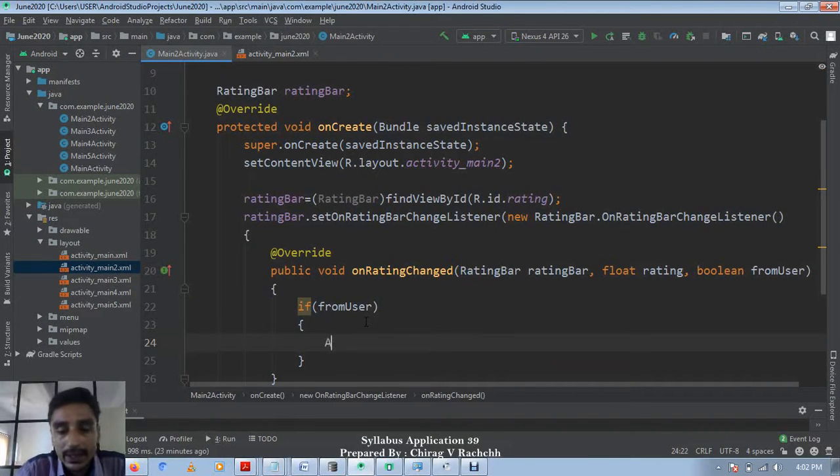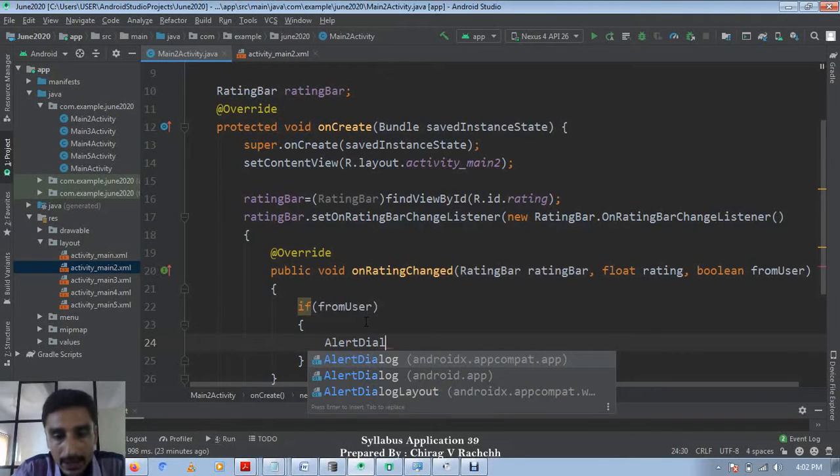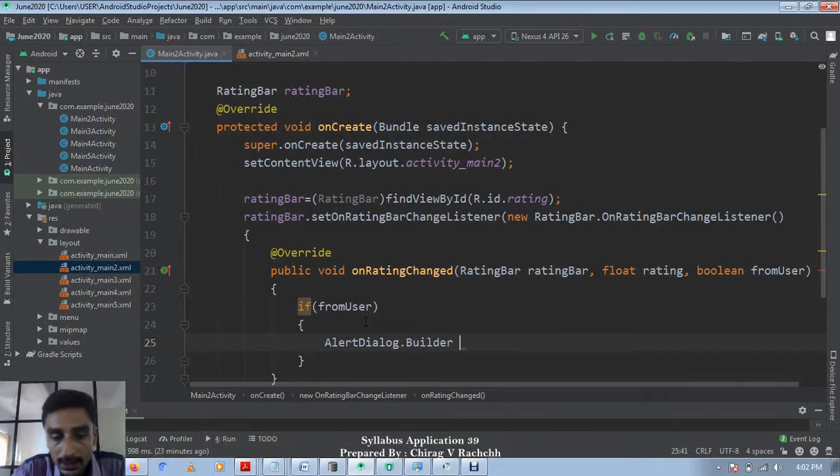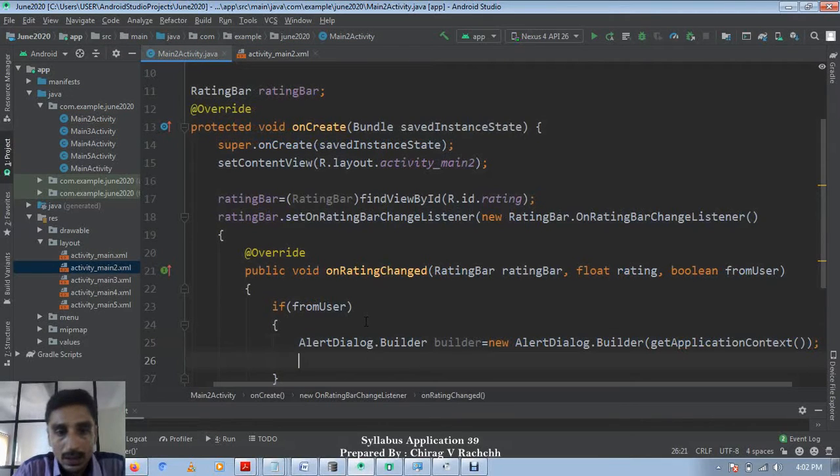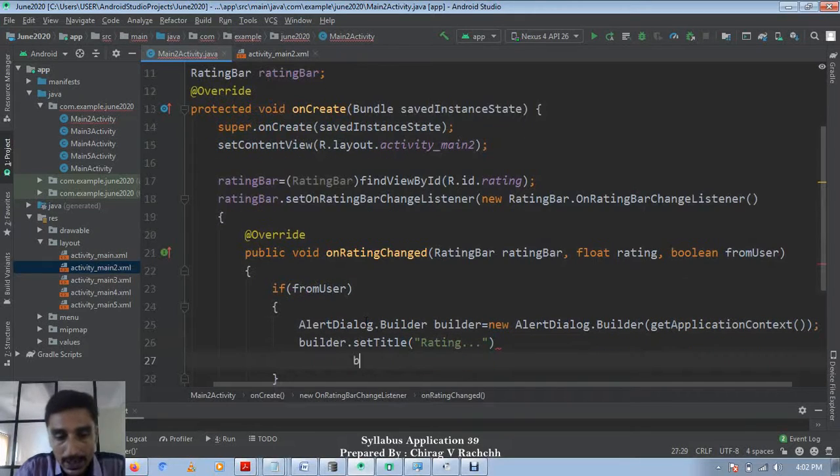So here we will create an alert builder, AlertDialog.Builder builder is equal to new AlertDialog.Builder. Now builder.setTitle, rating. Okay, builder.setMessage.